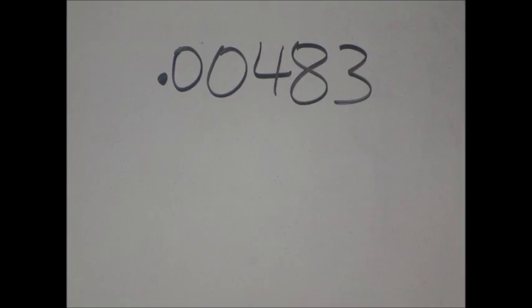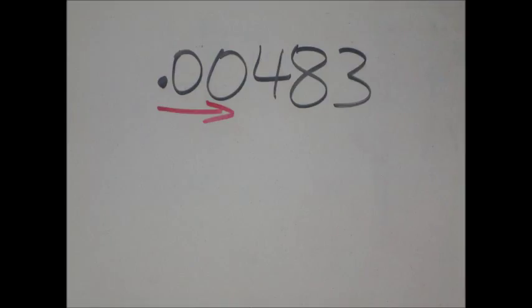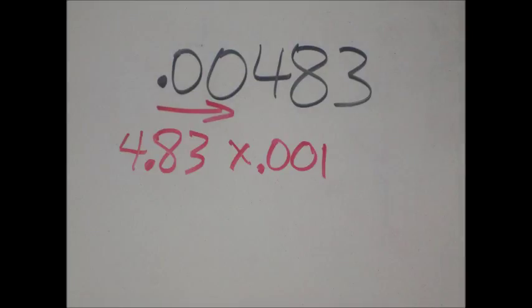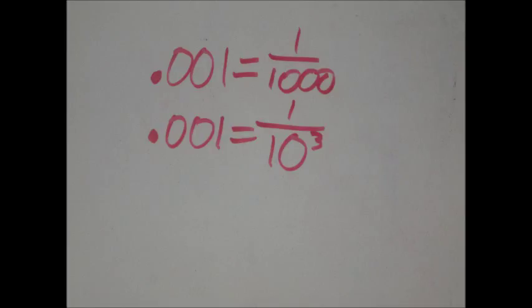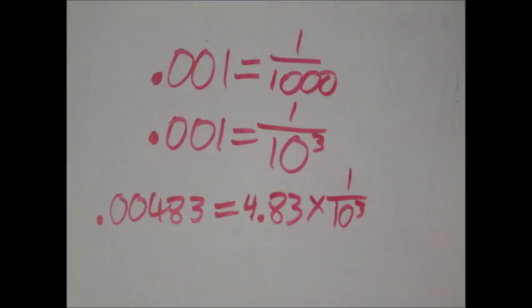0.00483, then we want to do the same as before, but bring the decimal to the right. We need to bring the decimal behind the first significant figure, 4. 4.83 times 0.001 is 0.00483. Since 0.001 is 1 divided by 1,000, we can say that it is about 1 divided by 10 to the third. So 4.83 times 1 divided by 10 to the third is equal to